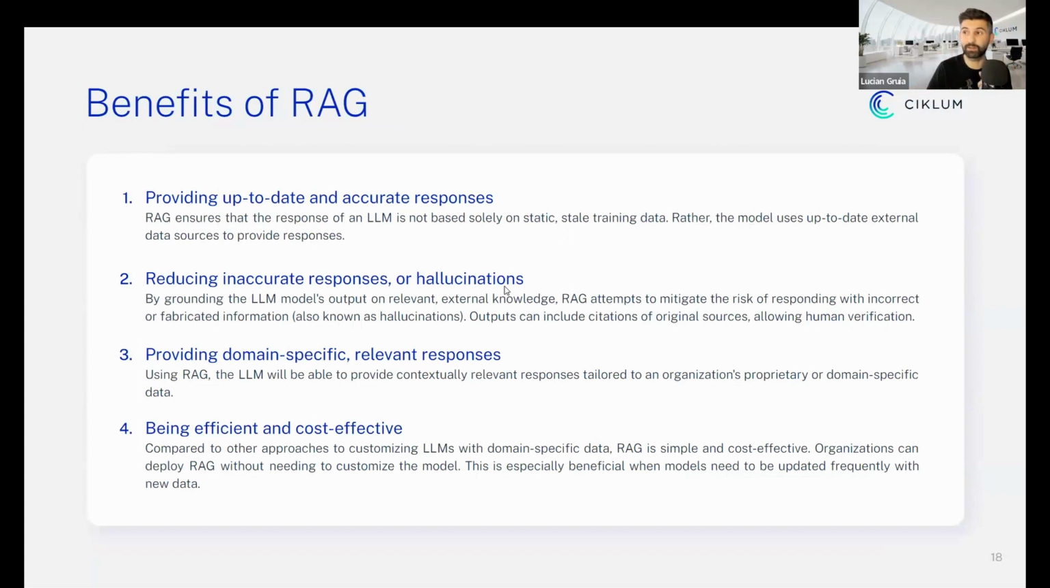You probably heard about hallucinations. Now, if you provide better context to your large language model, you are reducing hallucinations, right? You can provide real-time and accurate data. You can provide domain-specific data, and it's very, very cost-effective. Moreover, you can reuse a lot of knowledge that you have